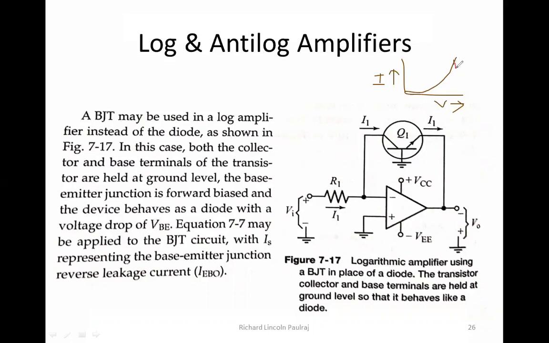The limits are about 0.6 volts here, and I have to make sure there is about 1 milliamp here, right? So if we are able to maintain these two parameters, 0.6 and this one, then only we'll be successful